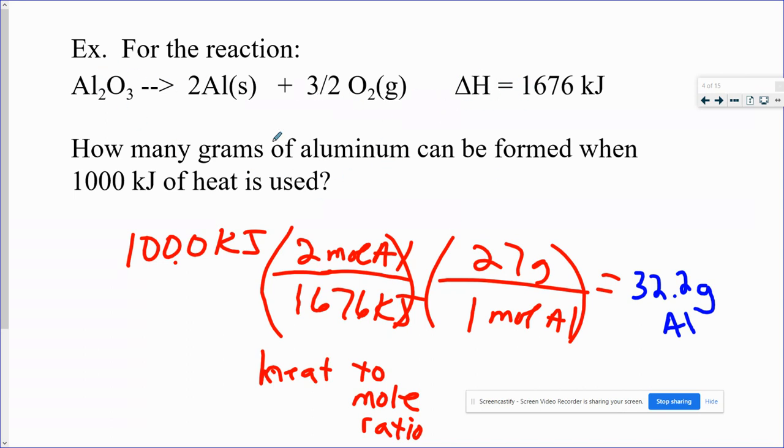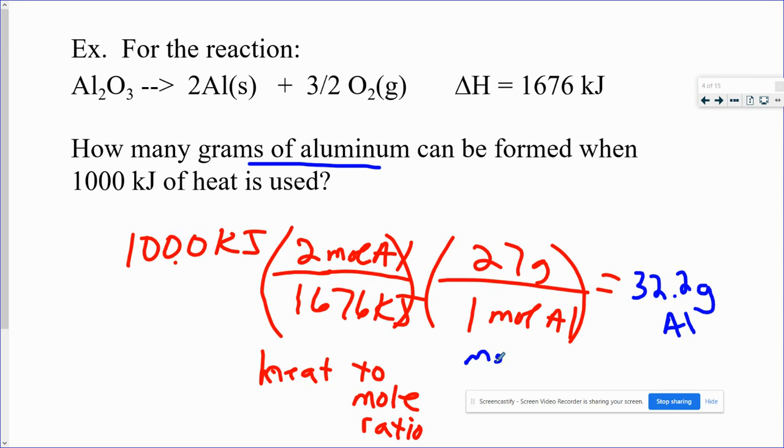It shows me, I want to go to aluminum. So for 2 moles of aluminum, there's this much heat. Okay, so starting in kilojoules, I have my ratio now to get from kilojoules to moles, and I get that from the balanced equation. This much heat to 2 moles of aluminum. I could go to any of these things, but it's asking me for grams of aluminum, so that's what I want to go to. So kilojoules to moles of aluminum, and now to get to grams, I use molar mass,